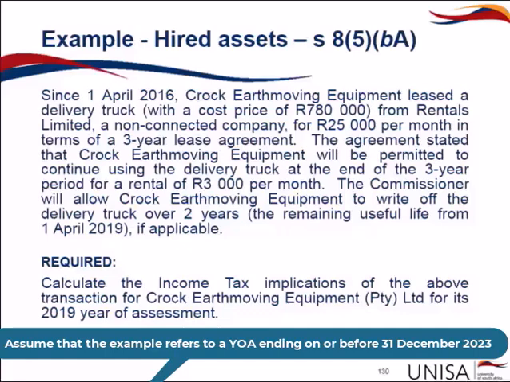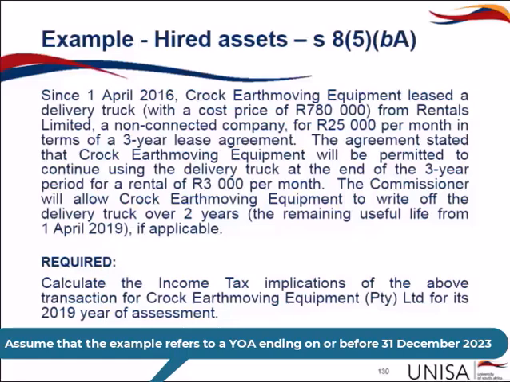The agreement states that at the end of the rental period, Croc can continue to use it for a rental of 3,000 per month. The Commissioner will allow Croc Earth Moving Equipment to write off the delivery truck over 2 years, being the remaining useful life from 1 April 2019. So that's when the 3-year rental contract ends. We are required to calculate the income tax implications of the above transaction for the 2019